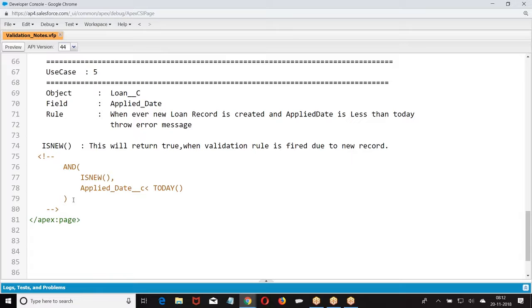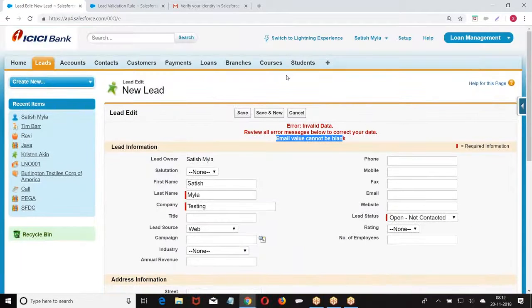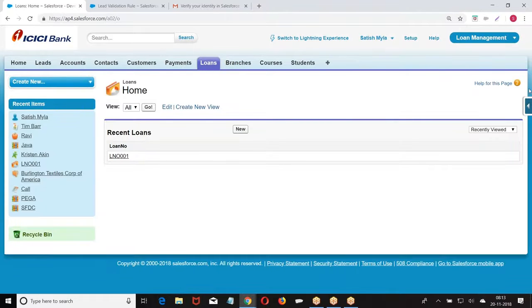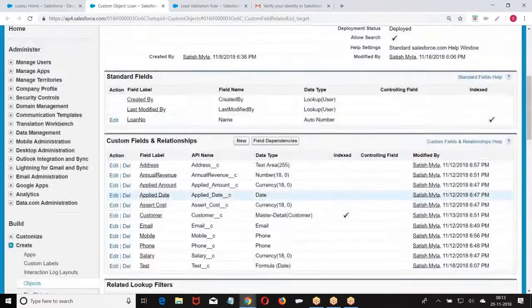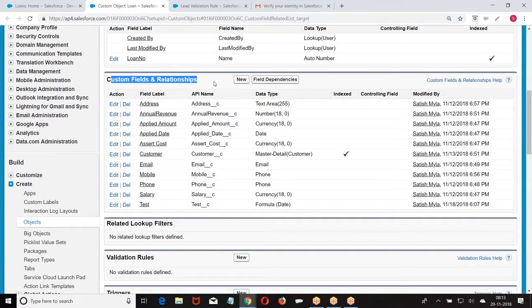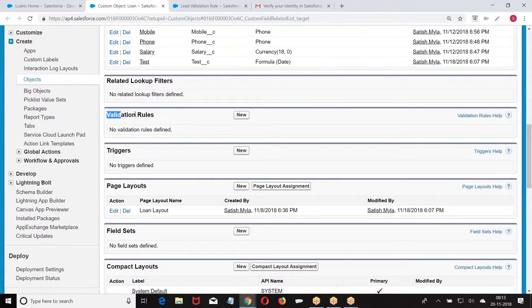We are already writing on the object only, no? How are you writing the validation rule? We are going to the object, finding custom fields and relationships, then writing validation.